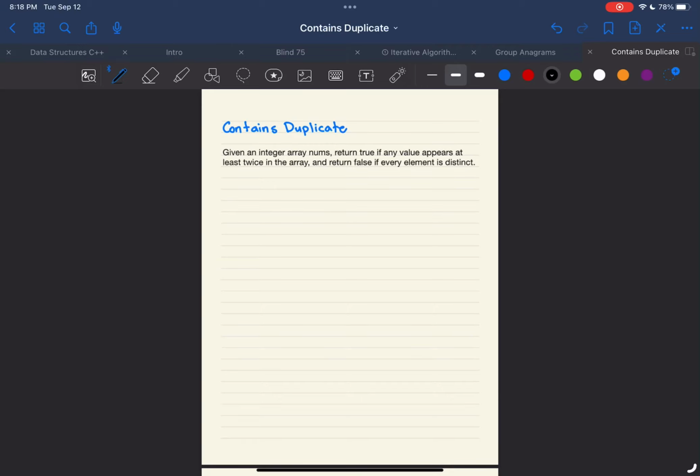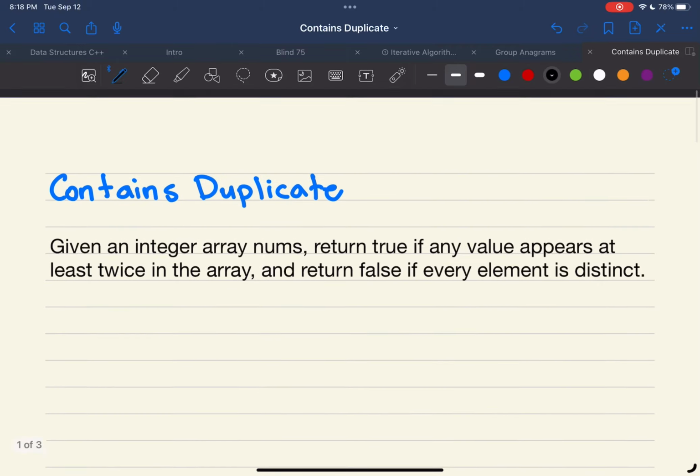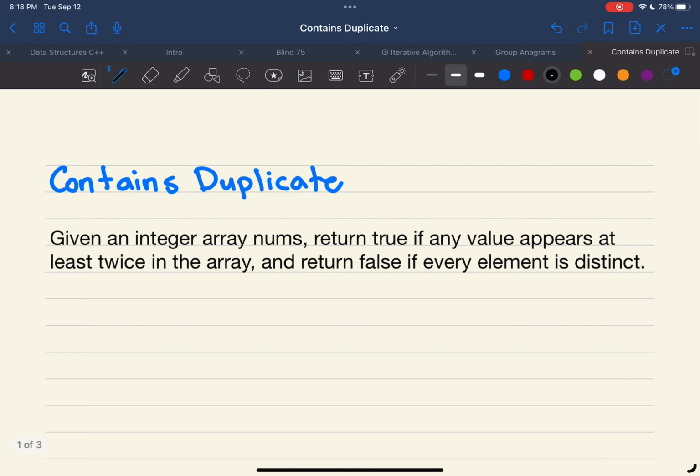Hi, in this video I will go over contains duplicate. So given this problem statement, we're given an integer array called nums, and we want to return true if any value in this array appears at least twice, and we're going to return false if every other element is distinct. For example, let's look at